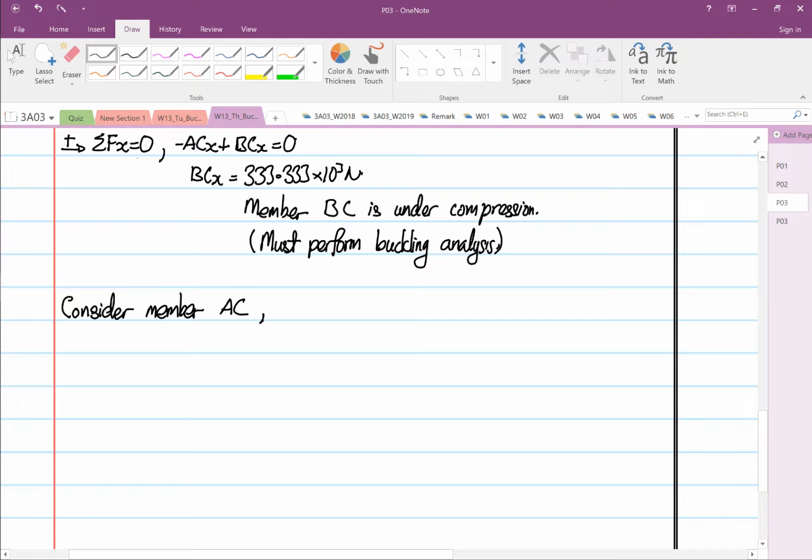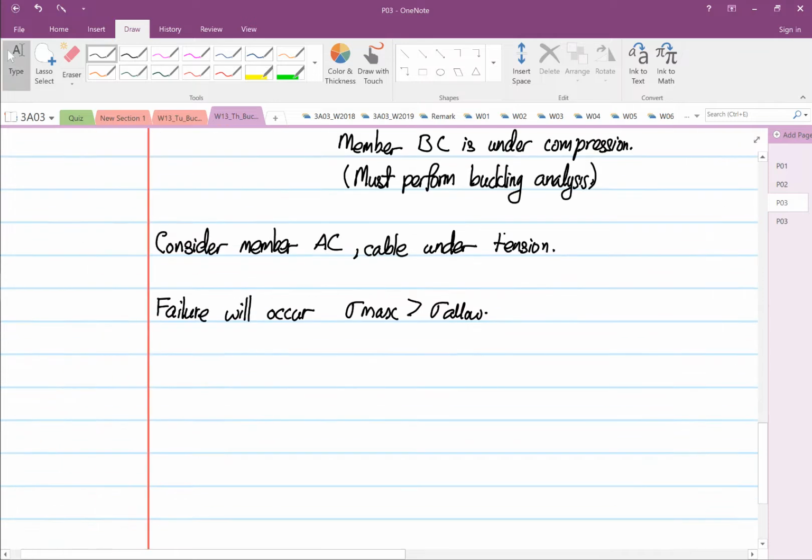Which, for this case, is the cable under tension. So failure will occur right when the maximum stress is greater than the allowable stress. Okay, so stress max